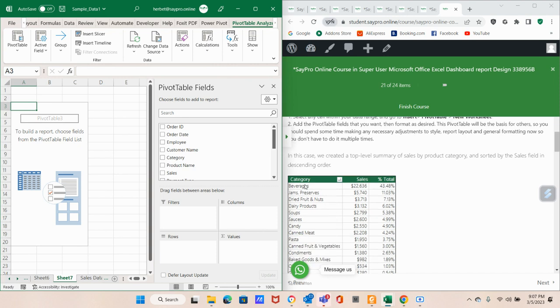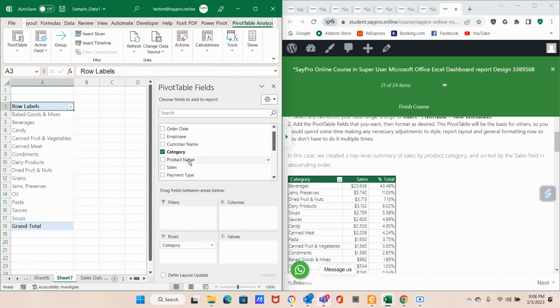So now if you check here, they say in this case we create a top level summary of sales by product category, and sort by the sales field in descending order, meaning that we're going to be starting with the highest number to the smallest number. So now we're going to be taking the category into our rows, and we're going to be taking our sales into our